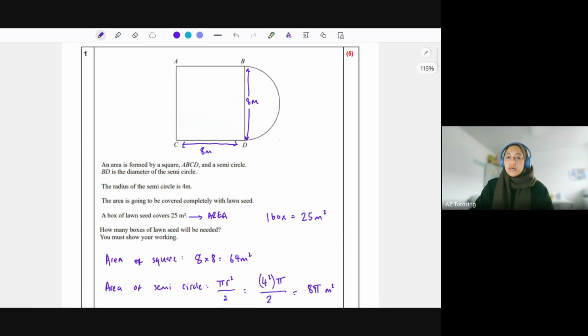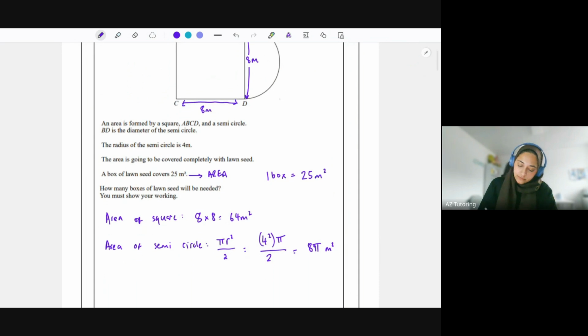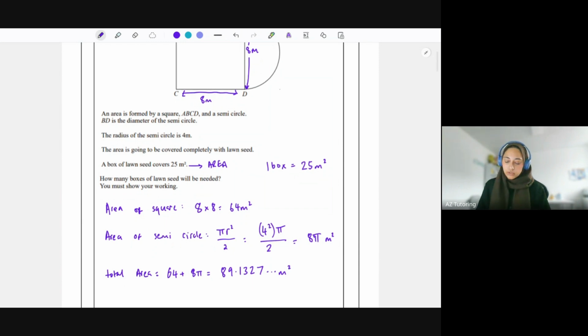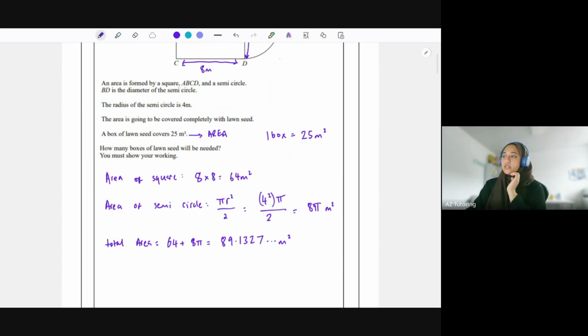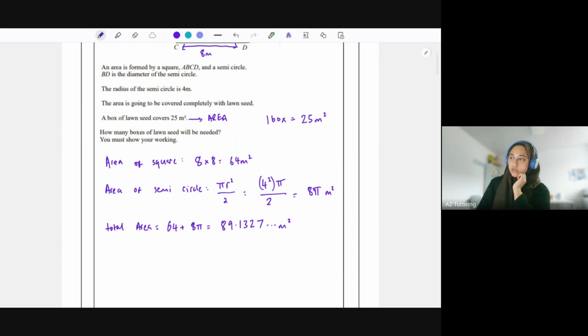So if we add both of them together, the total area is 64 plus 8 pi. Putting that in the calculator gives me 89.1327 and so on, meters squared. So we know one box is for 25 meters squared. We need to figure out how many we need for 89. So we could just keep